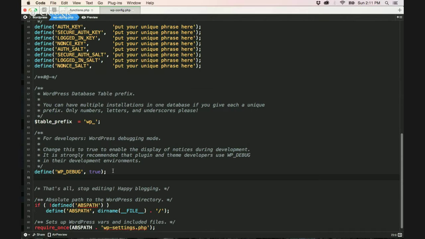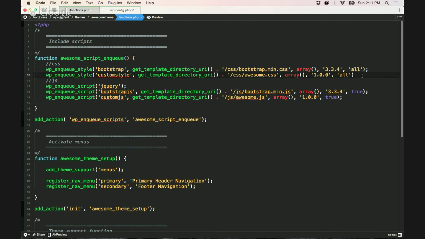So the first one that I want to define is the WP underscore debug underscore display. And I'm going to set it to false, oops, maybe lowercase. By default, this variable is not set, and if it's set, it's true. So it means that if we have a debug error, this debug is going to be displayed on your website. If I put it on false and I make the same mistake here, I remove the semicolon, I save it,